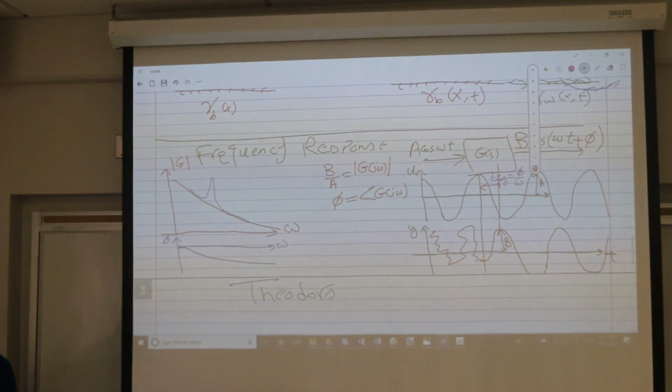1935 NASA report, he developed the frequency